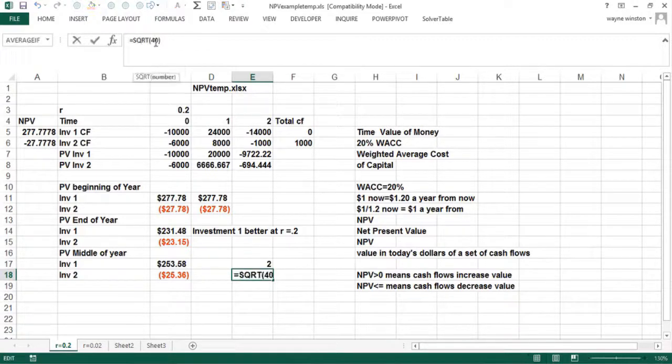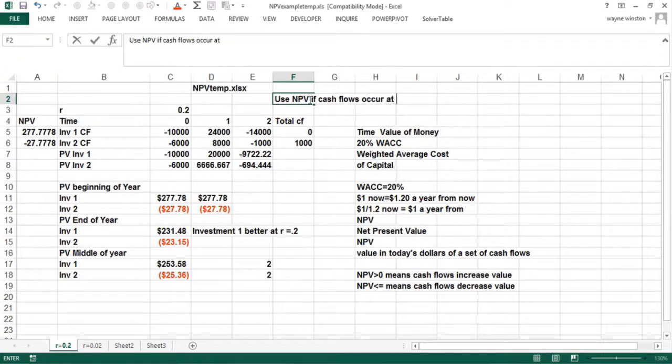Okay. So the NPV function, to wrap it up, can be used when the cash flows are periodic. In other words, they occur every year or whatever. What happens if the cash flows occur at irregular intervals? We'll learn about that in the next video. Next video, we'll learn the XNPV